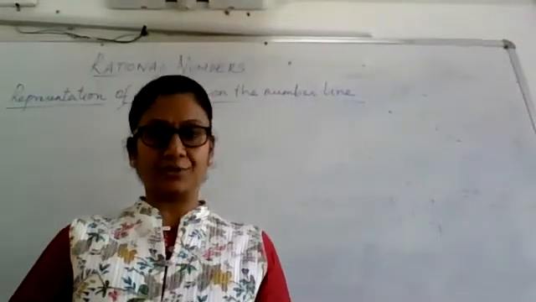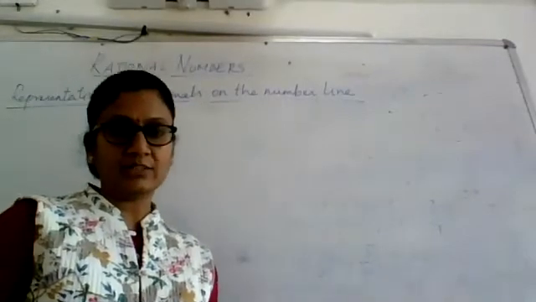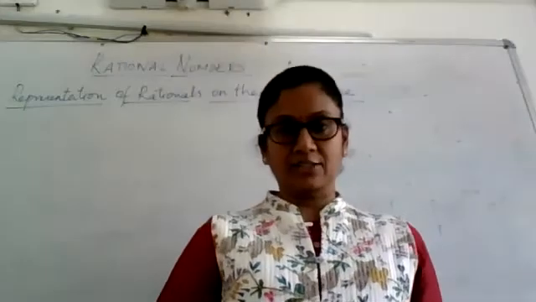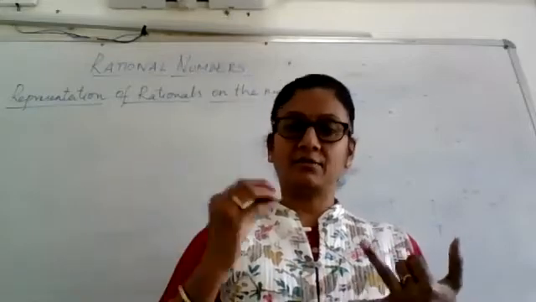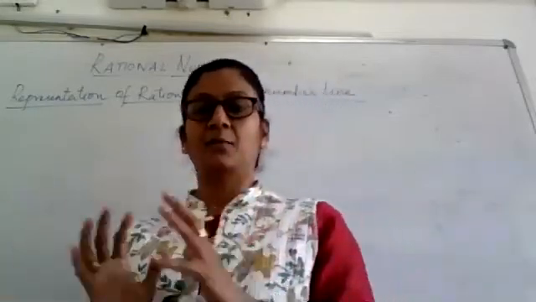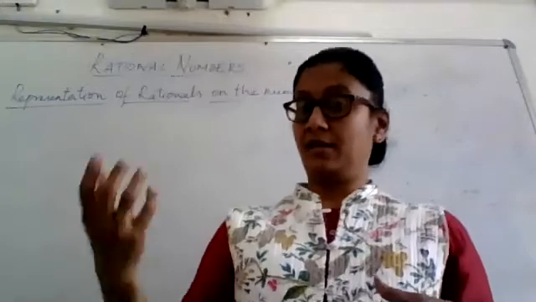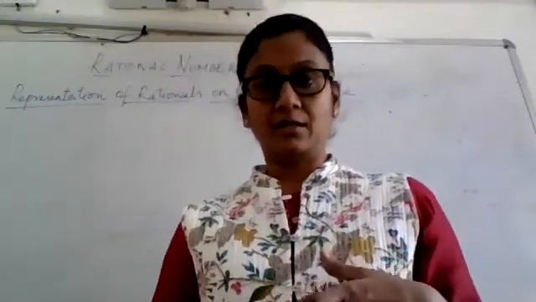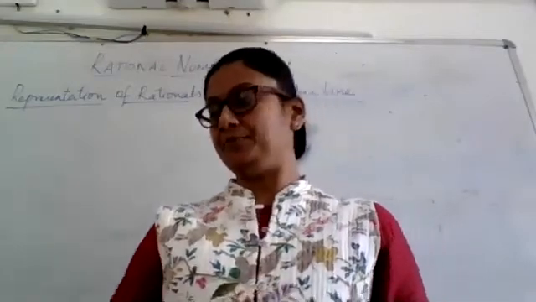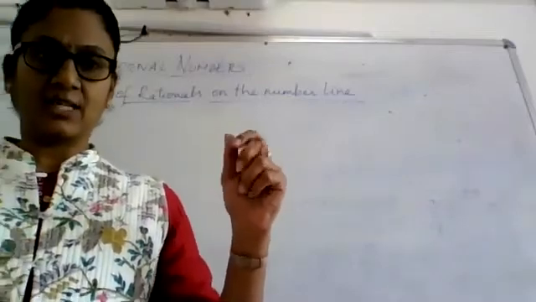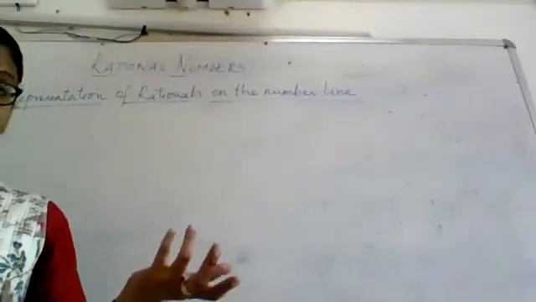Okay, the next thing that we are going to discuss today is the representation of the rationals on the number line. So we already saw how to represent a given natural number, a whole number, or an integer on the number line. We know that integers, whole numbers, and natural numbers have specific positions on the number line. Now these rationals are those which are existing between these natural numbers, whole numbers, and the integers. So we are going to locate their position on the number line. Now it is very simple. Because they are rational numbers, they are fractions. So they will fall in between two integers or between two whole numbers or between two natural numbers.